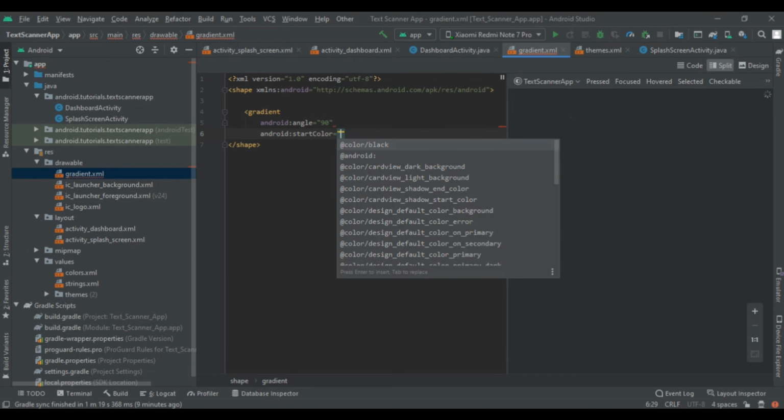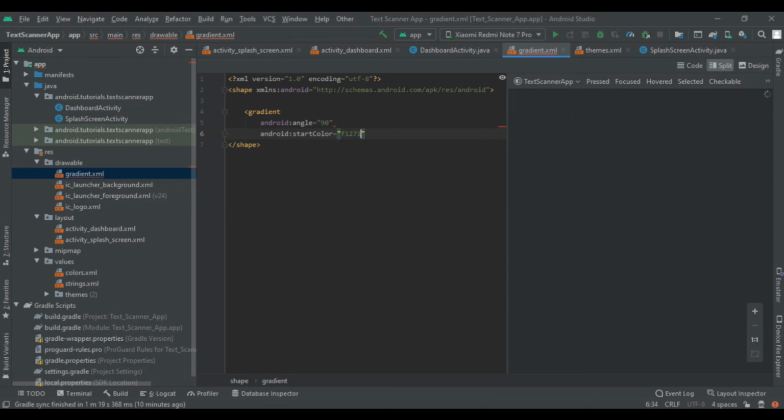I had written my color codes. So F12711. This will not work like this, we have to add one hashtag here. So here is our first color, and the second color will be the end color.